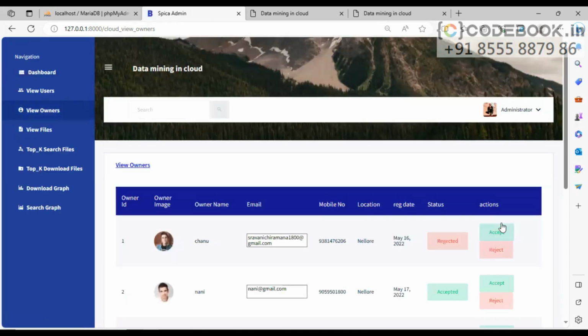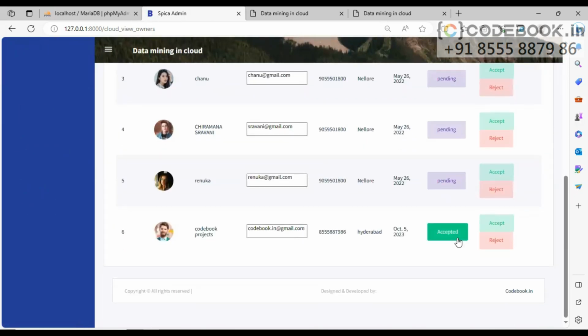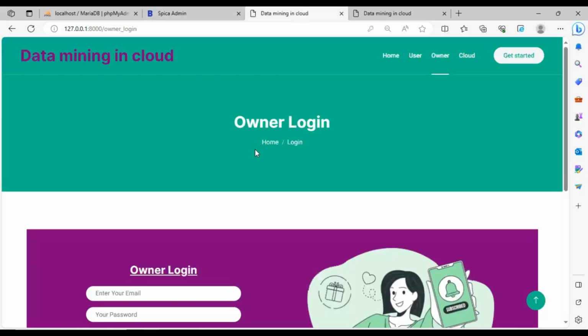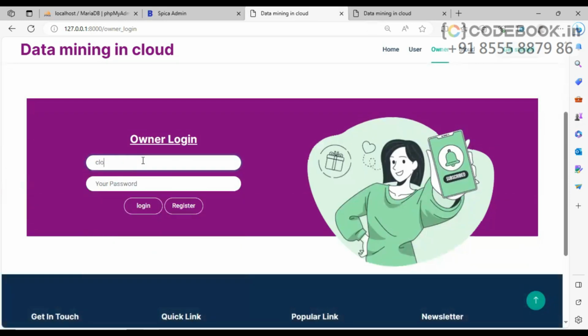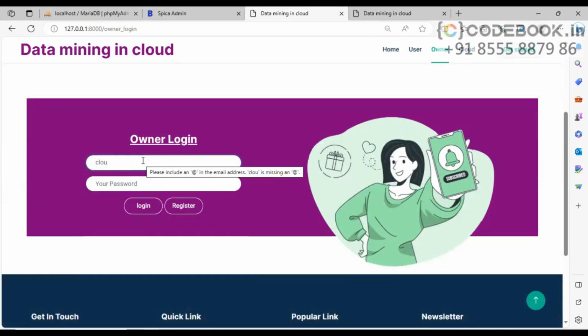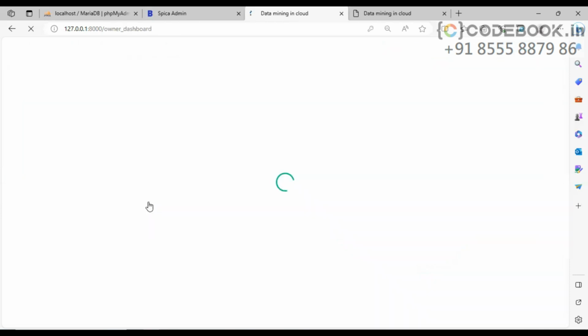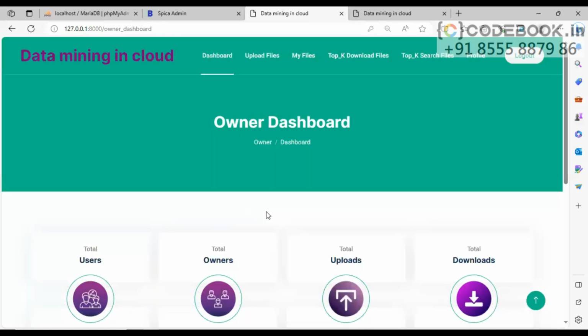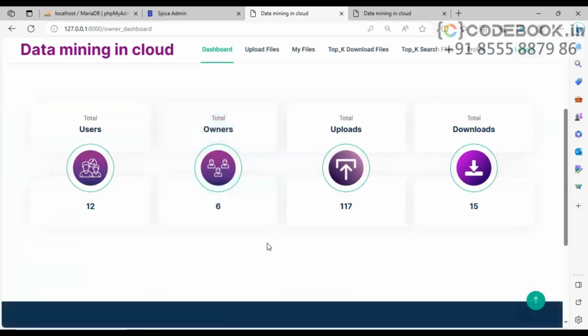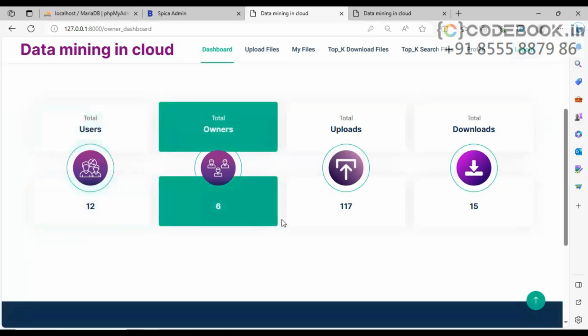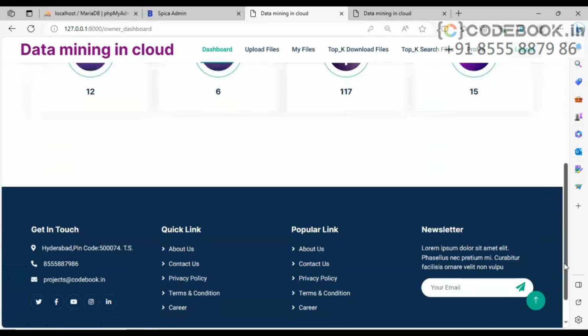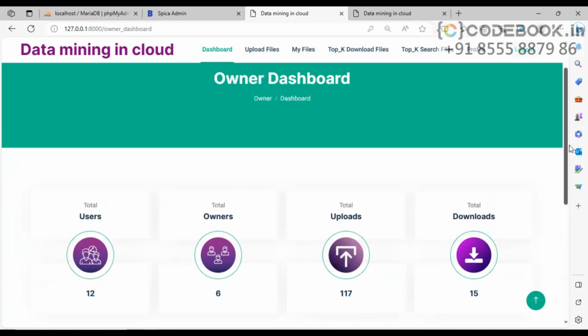Let's try to accept this user account. Click on accept, and the account is accepted here. You can see it's accepted. Now this user will be able to log in. Let's try to log in this user. Yes, login is successful now. This is the data owner dashboard. You can see here the total number of users, owners, uploads, and downloads. A simple dashboard we have provided here